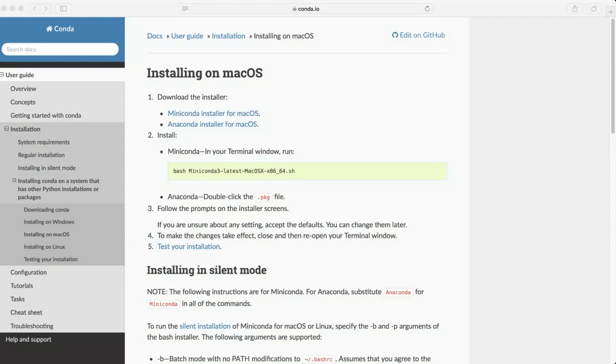Before we move any further, let me tell you a little about what it is and its benefits. So, it is basically a data science platform which comes with almost all the libraries and packages that you will need for machine learning and data science so that you don't have to download and install them separately. It also has a Python distribution as well as a package manager called Conda to handle different environments for you. Some of the things that the installation package has pre-installed include NumPy, SciPy, Pandas, Scikit-learn, Seaborn, as well as Jupyter